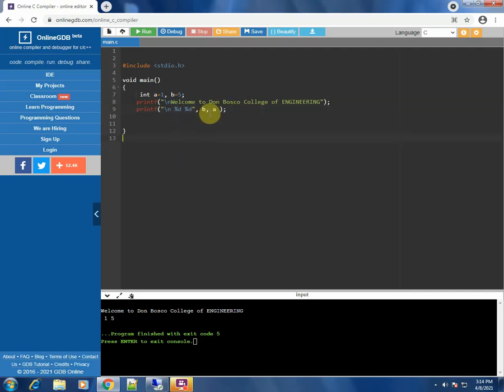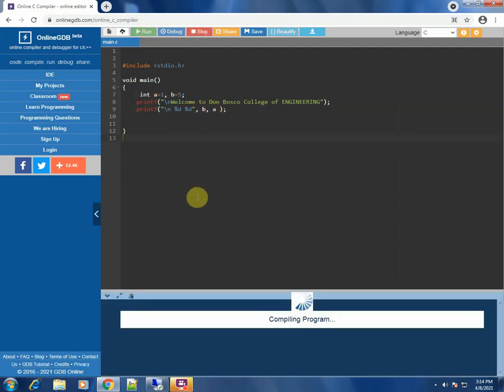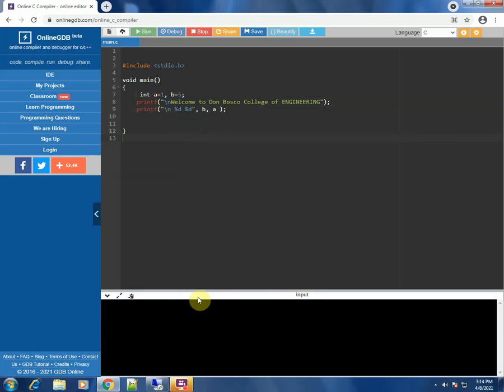Whatever the value of B is will be printed first, and the value of A later. Let's check and confirm. Yes, 5 is printed first because the value of B is 5, and then A is printed because the value of A is 1.